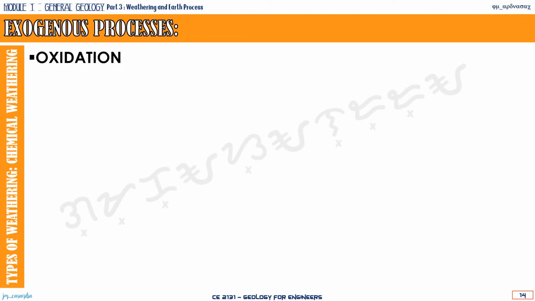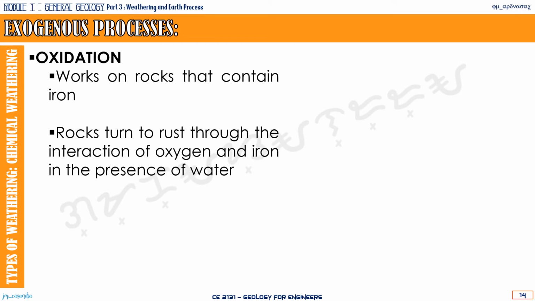Another example of chemical weathering is oxidation. Through oxidation, this will work mostly on rocks or rock formations that contain ferrous or iron. Basically, when iron reacts with oxygen, there will be a formation of rust. So the rocks would turn to rust through oxidation. Oxidation will happen whenever the ferrous or ferric rock will be